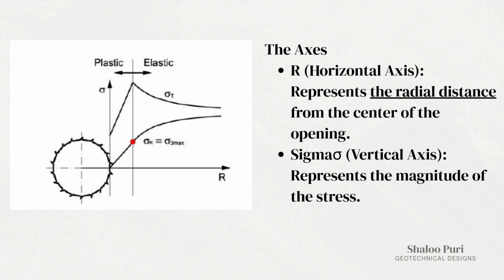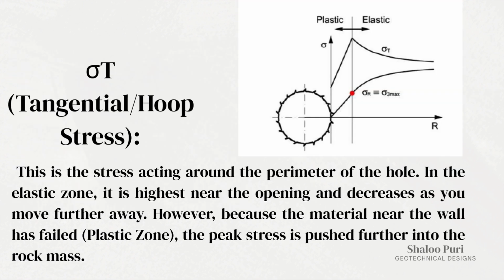Sigma, the vertical axis, represents the magnitude of the stress. Sigma t, the tangential or hoop stress, is the stress acting around the perimeter of the hole. In the elastic zone, it is highest near the opening and decreases as you move further away. However, because the material near the wall has failed, the plastic zone, the peak stress is pushed further into the rock